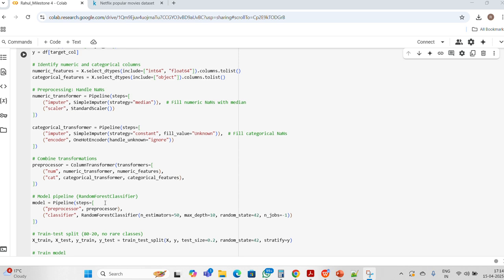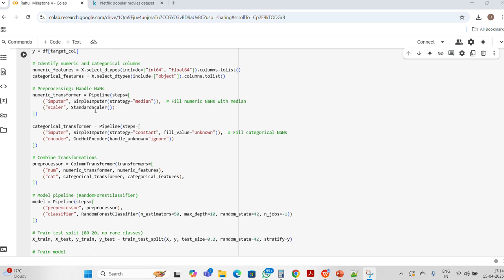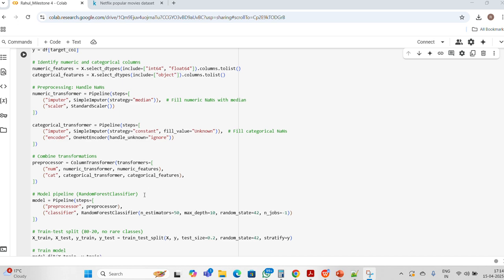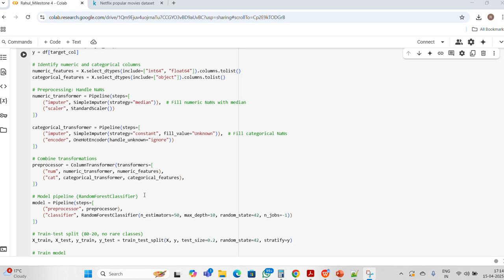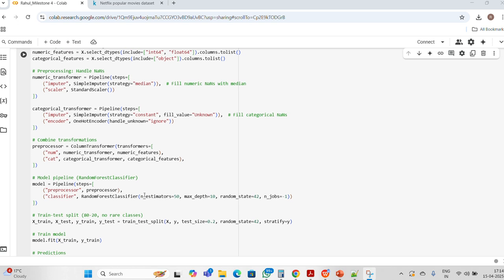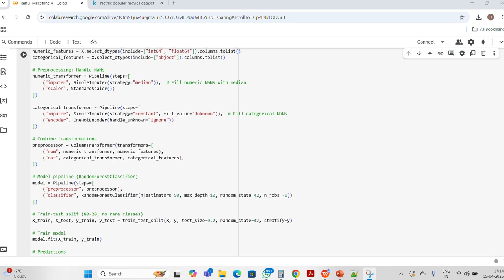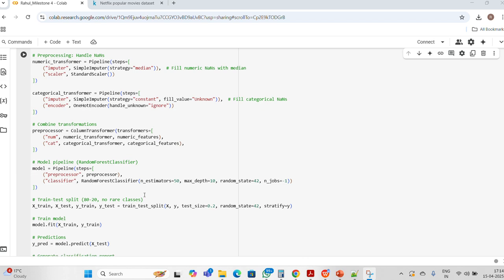We handle missing values, scale numerical data, and one hot encode categorical data, which includes a number of pre-processing steps, as you can see here in this pipeline. And when coming to the modeling with random forest, we use a pipeline to combine the pre-processing and modeling with the random forest classifier. This ensures all our steps are clean and repeatable.